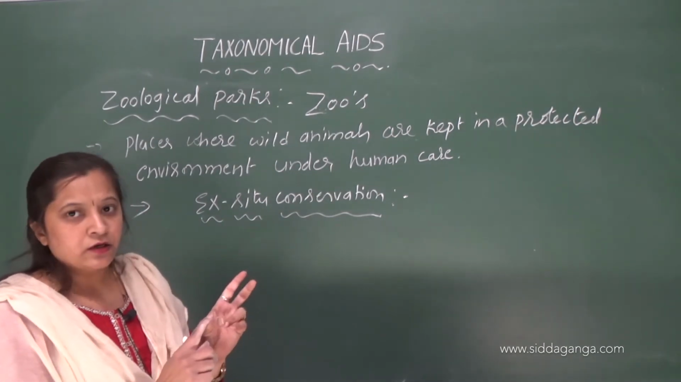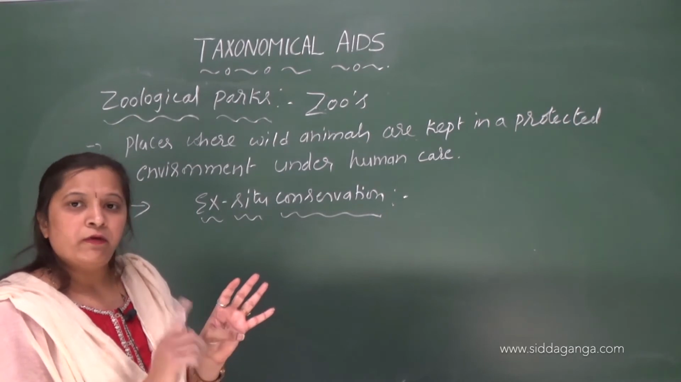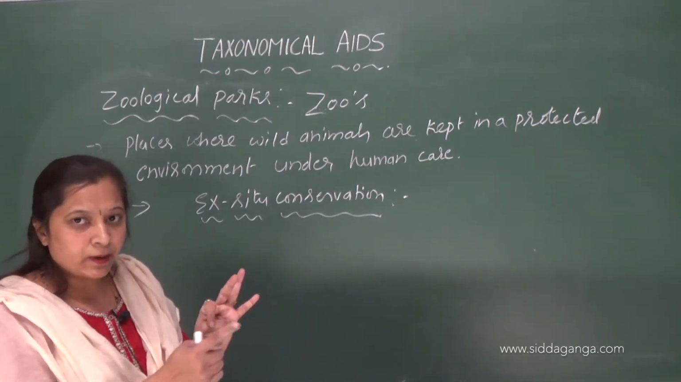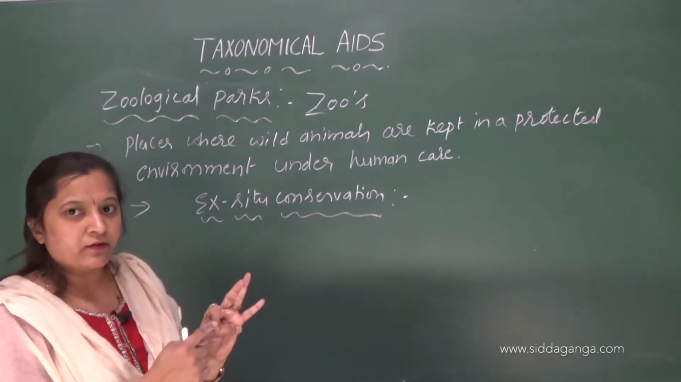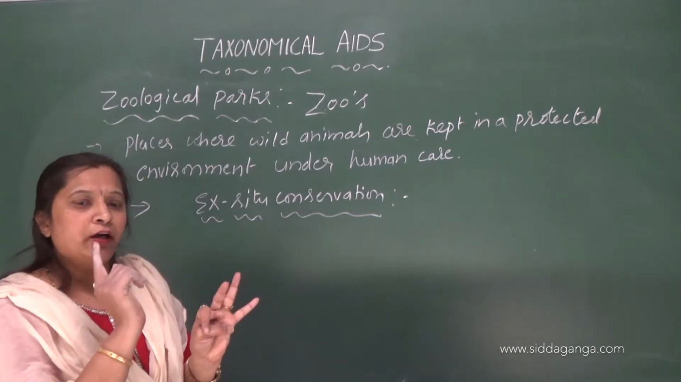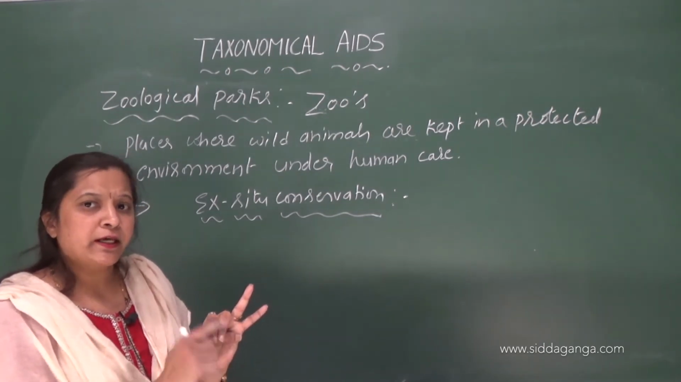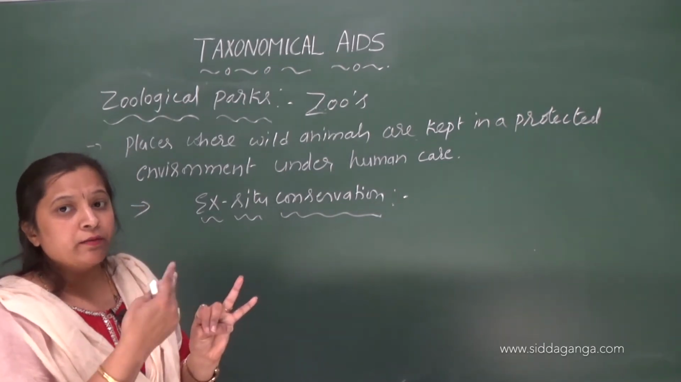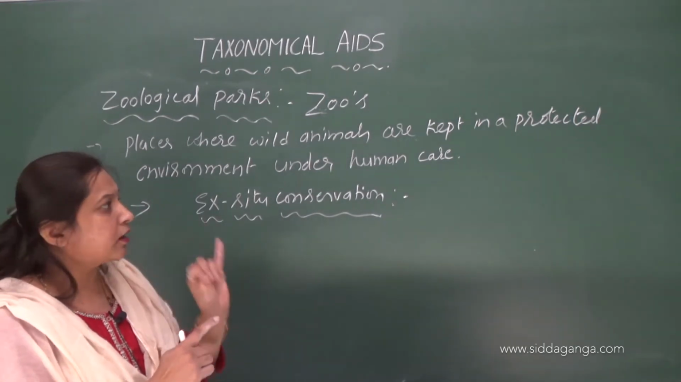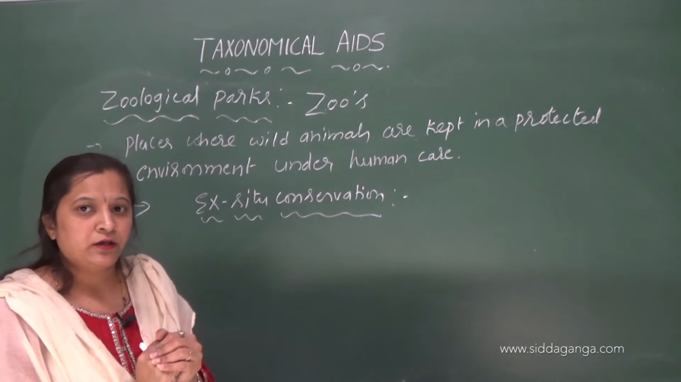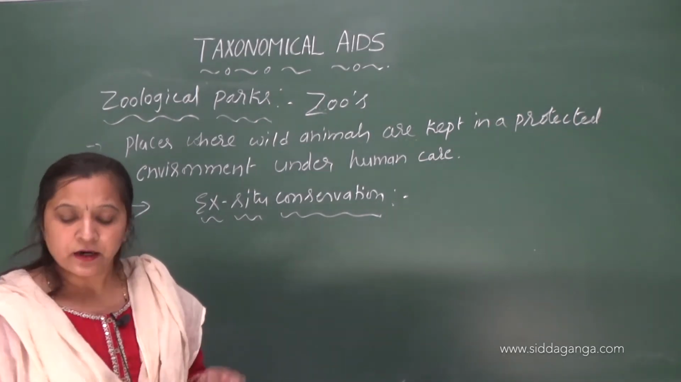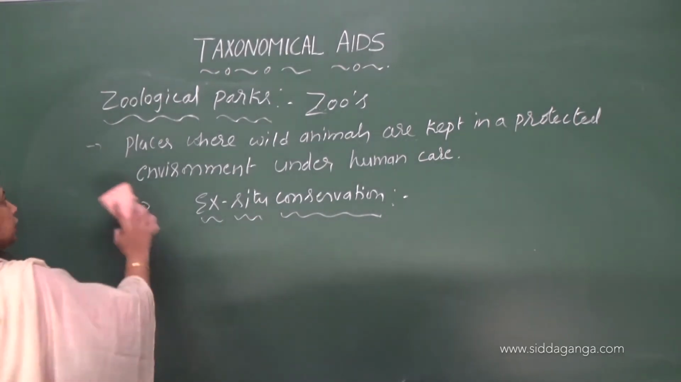So we discussed the herbarium, where dead plant specimens are collected; botanical gardens, where living plants are grown for reference, identification, conservation and botanical studies; museums, where plant and animal specimens are collected; and zoological parks, where wild animals are given protection. So this is about the important taxonomical aids, and other taxonomical aids include